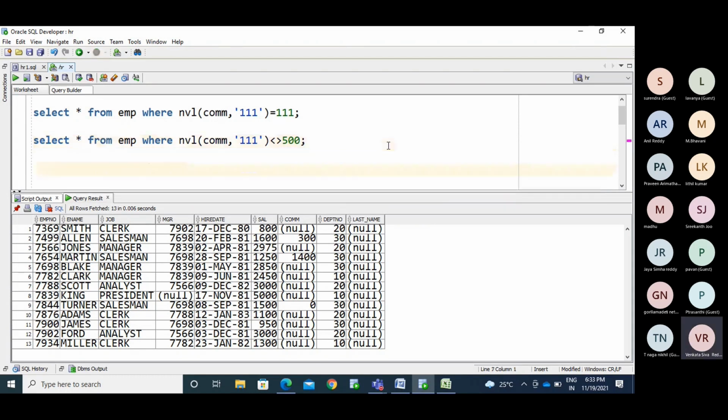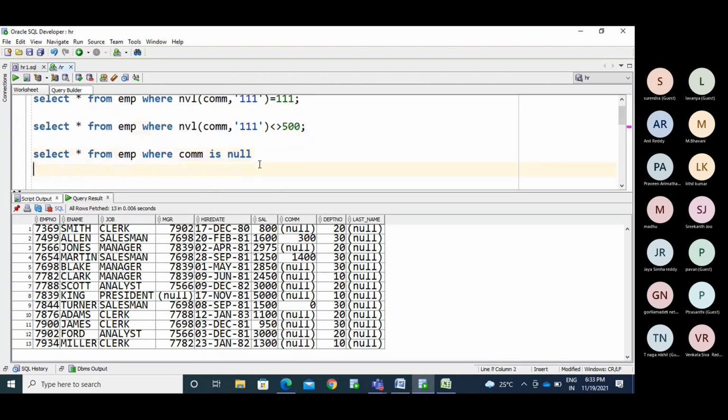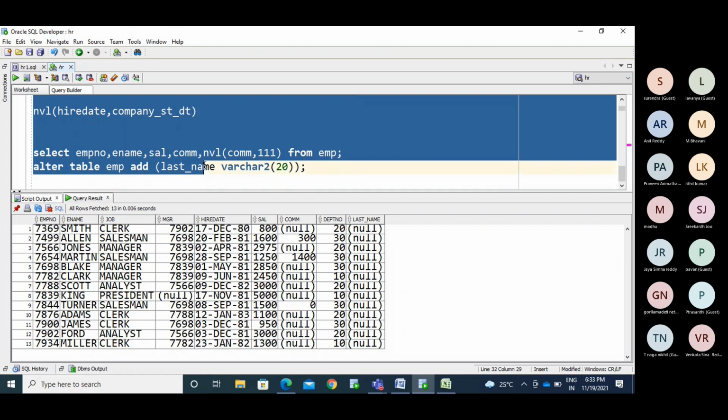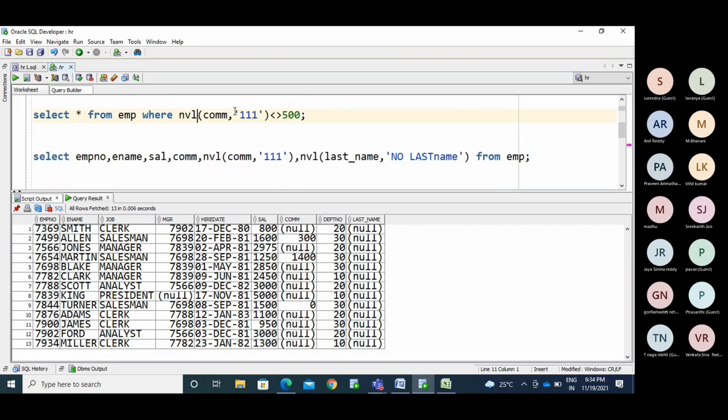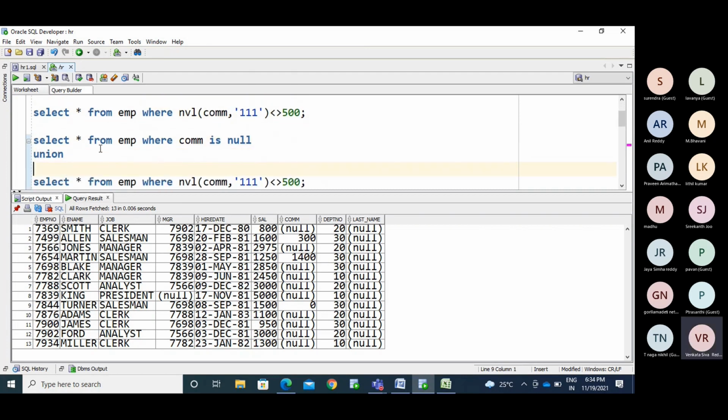Else you need to use it like this. Select star from employee where commission is null and, as we know, set operators.